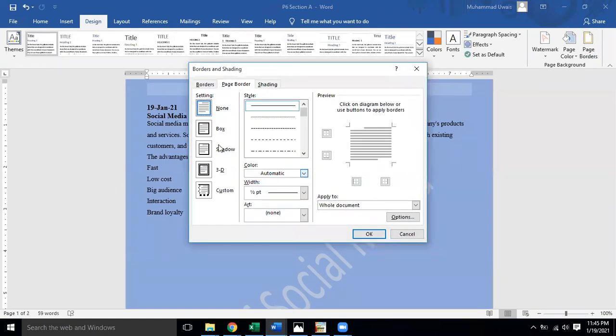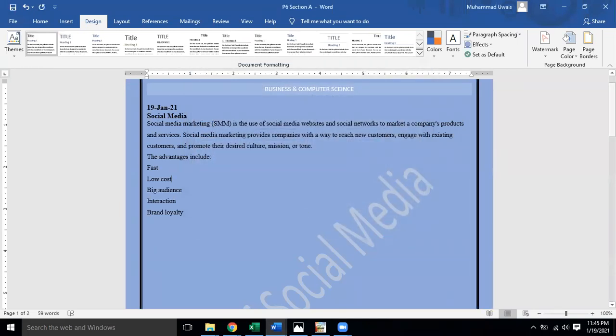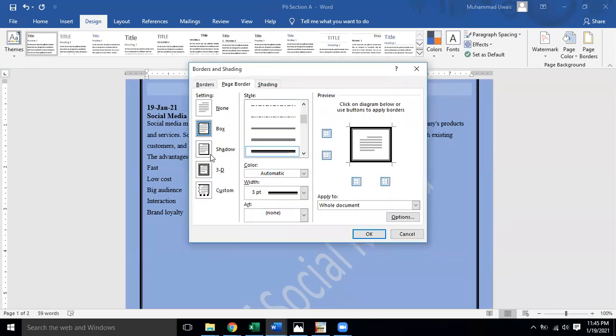We can apply the borders from here. You can take the box, and any line: dotted line, single line, double line, multiple lines. You can take any good design border from here. But in this example, we have been asked to take the artistic design border, not these designs, although these are also good designs that we can apply.